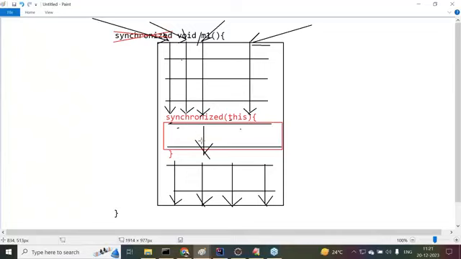Only one thread. Before the synchronized block, multiple threads. After the synchronized block, multiple threads are executed. Now this approach will improve the performance of the application or not? This approach will provide improvement in the program execution or not? So that's why it is always suggested to provide synchronized blocks instead of synchronized methods.